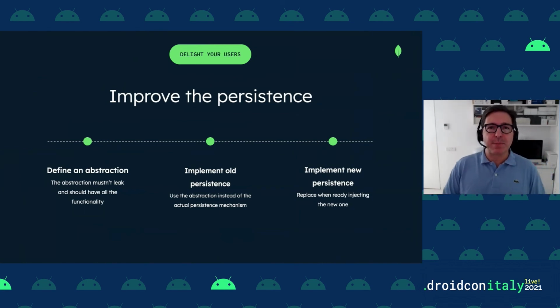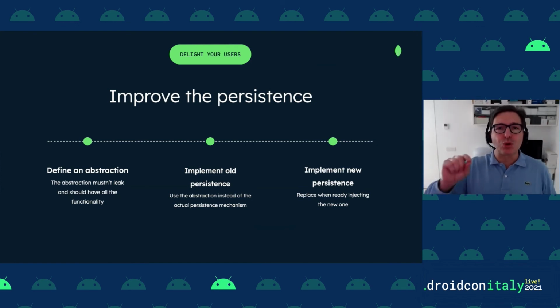And in order to do that, you have to follow these other steps. You have your persistence implemented, let it be SQLite, but it could be any other. And the first thing you have to do is to define an abstraction. The abstraction must not be leaky, but should contain all the functionality. What do I mean by that? Well, I mean that it should not